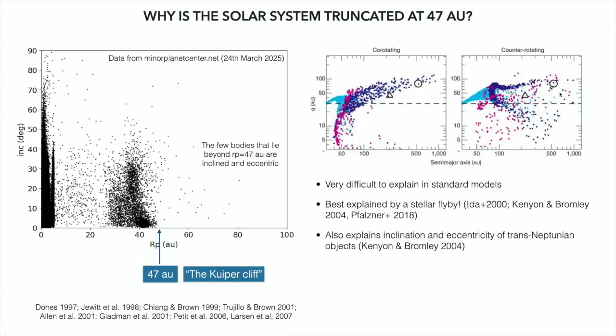But yeah, there was Kenyon and Bromley, a 2004 Nature paper. If you have a stellar flyby truncating the solar system, then you spray this material on inclined and eccentric orbits. People just go, yeah, but it's kind of special. But part of the argument here is that this is what happens to all disks. It's just the closest encounter the solar system had, but probably all solar systems have an encounter at some distance. And therefore, this is just telling you the closest one that the solar system had.